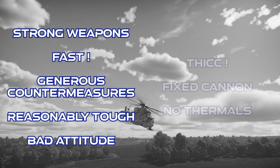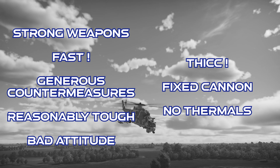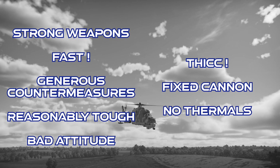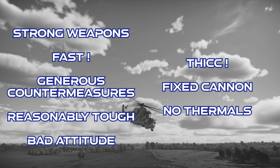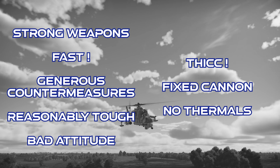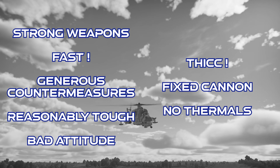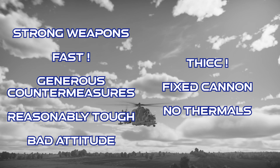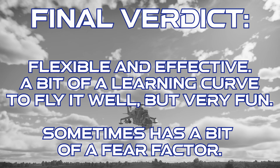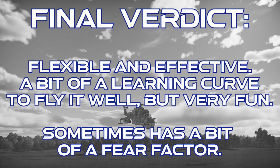However, the Mi-24 is big and heavy, and can sometimes be pretty sluggish in maneuvers. It feels like the fixed gun is a bit of a downgrade in usefulness over the chin turret that other models have, even though it has better firepower. And the Mi-24P doesn't have thermal sights for the gunner or anything, which can be a bit of a handicap sometimes. The final verdict on the Mi-24P is that this is a very flexible and effective attack helicopter, and once